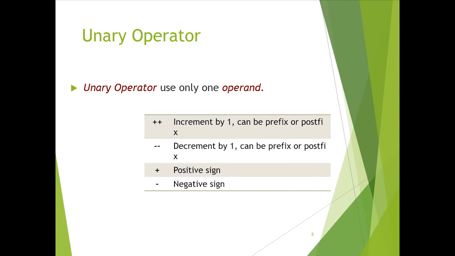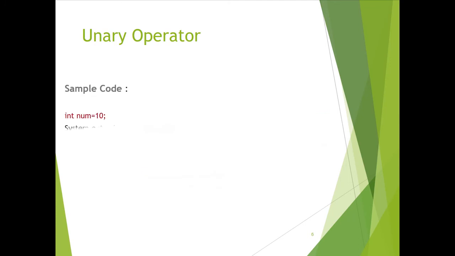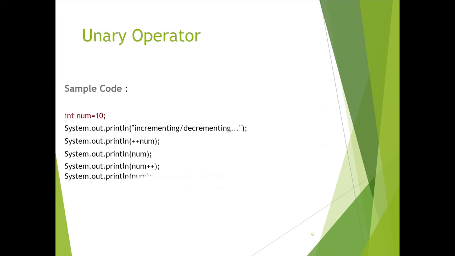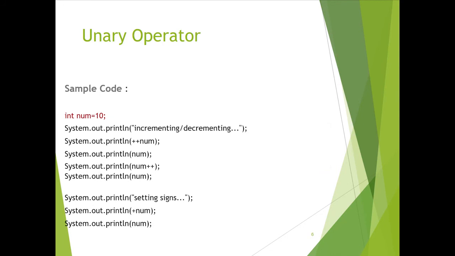Okay, so as you can see, plus plus, usually ginagamit natin plus plus sa mga looping statements natin, di ba? So when we say plus plus, it means it's going to increment by 1, minus minus is going to be decrement or minus 1. And then we also have the positive sign for plus and the negative sign minus. These are our unary operators. Now, for example,